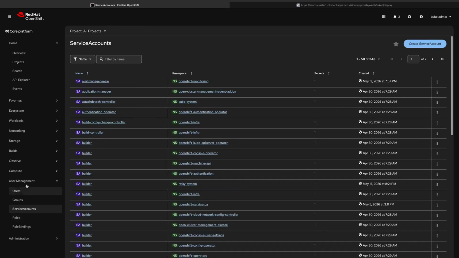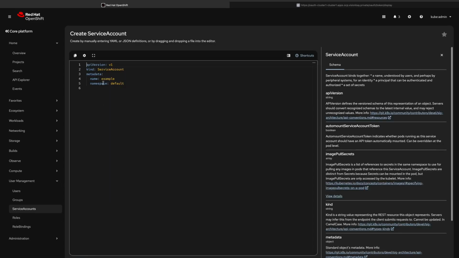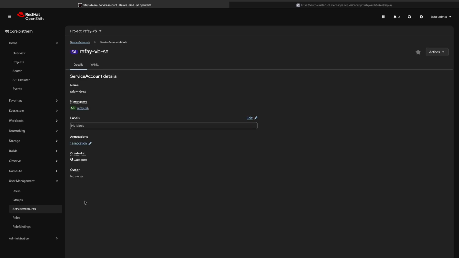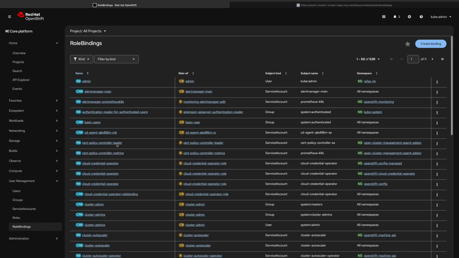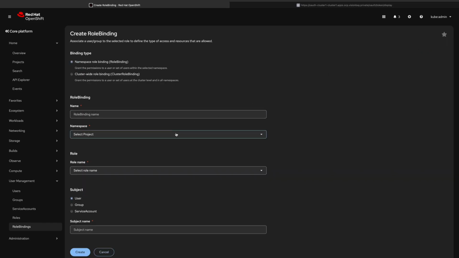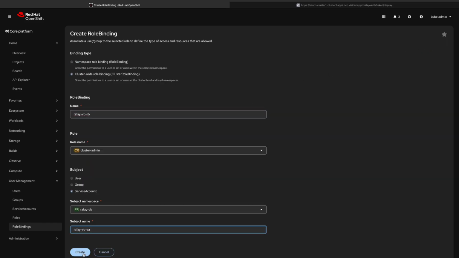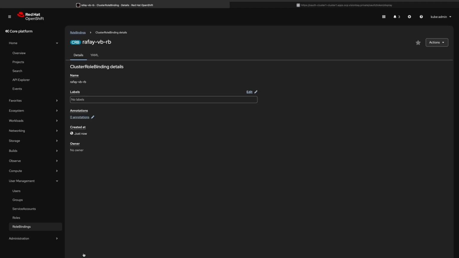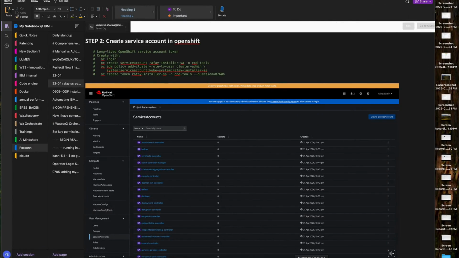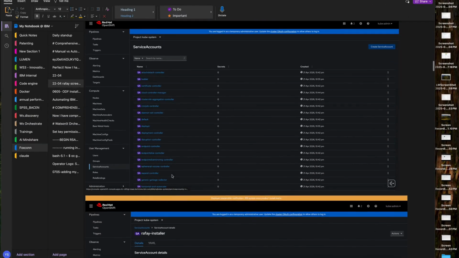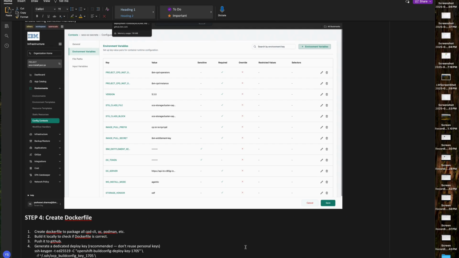Now I will create a service account. I'll go here to user management, service accounts, and create service account. I'll just provide it a name here, Rafi. Create it. Then I'll go to role bindings, create role binding, and just create it. So this has created the role binding. So we are done with creating the service account and the role binding, coming to the next step,